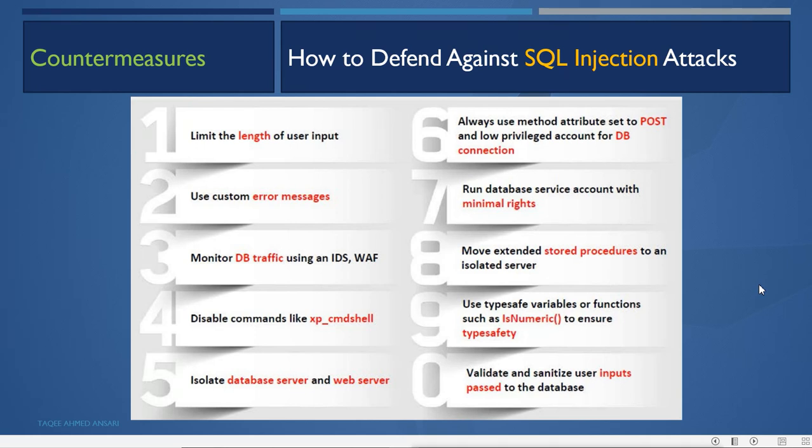Like if an email address is expected, then only an email address is accepted. No other queries will run on that input field, and special characters which we use to run queries must not be executed. Those characters must be filtered.